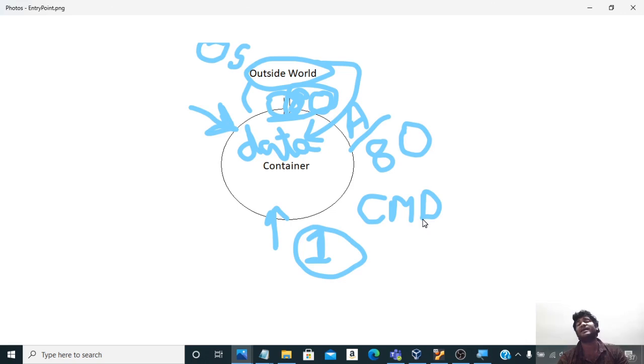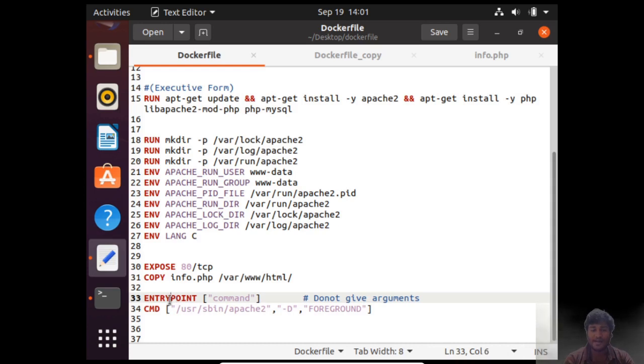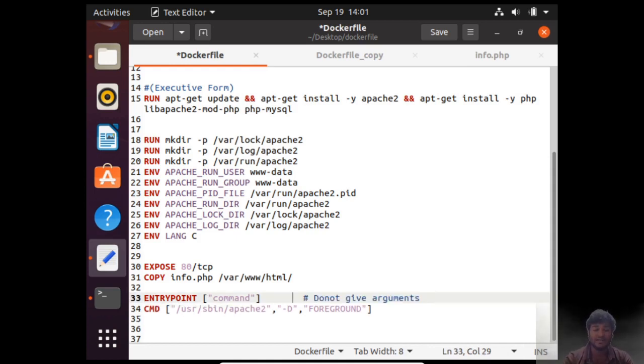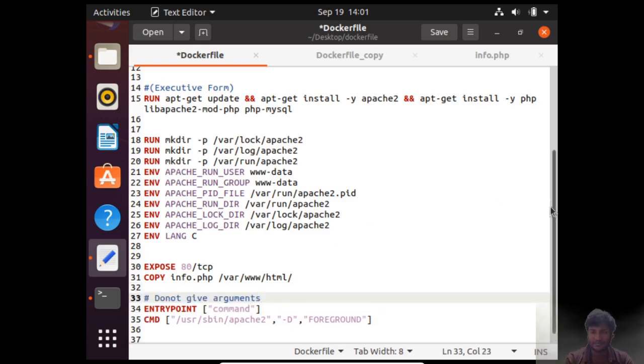If you remember, in the third chapter I guess, we discussed that there can be only one CMD in a file. If we write it multiple times, only the last one is picked and it overrides all the previous CMDs. In a similar way, if we have both ENTRYPOINT and CMD, it does not make any sense. So why have the Docker people given these two statements separately? You will get to know about it in a second.